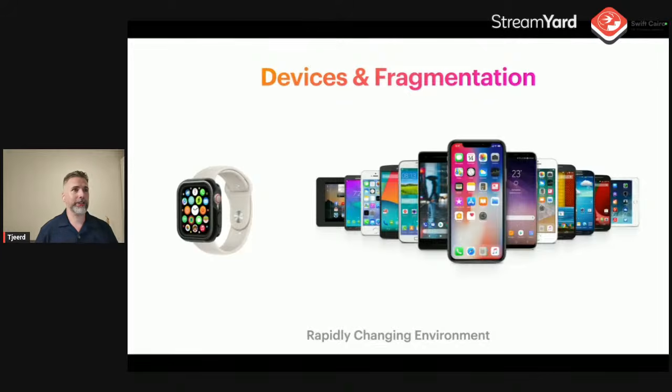And another challenge is that we have a lot of devices. Fragmentation is maybe a term more known in the Android world, but as iOS developers, we're not on the iPhone 4 anymore with just one size. We have a lot of sizes, a lot of screens, different devices, CarPlay, we just have a lot more different targets to work with. It's trickier to navigate this when mobile is so UI heavy, but then you also have all these different devices to build on.